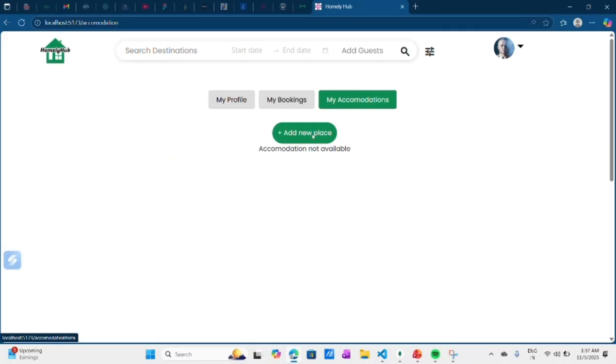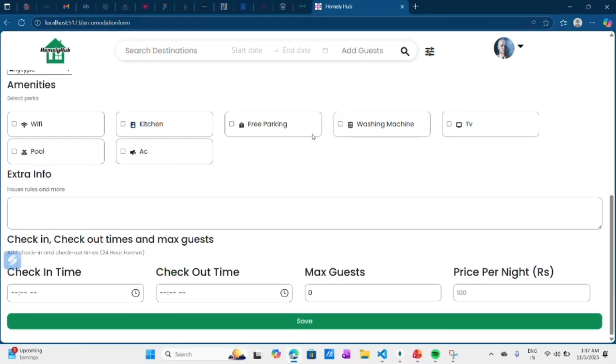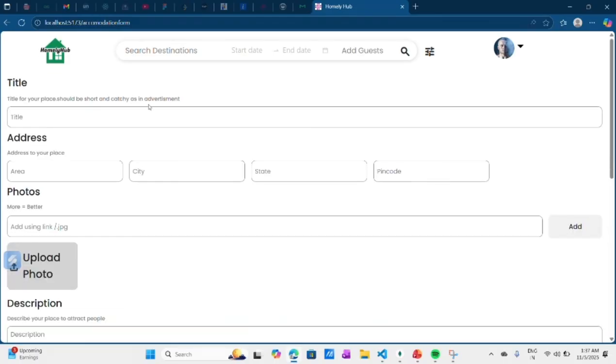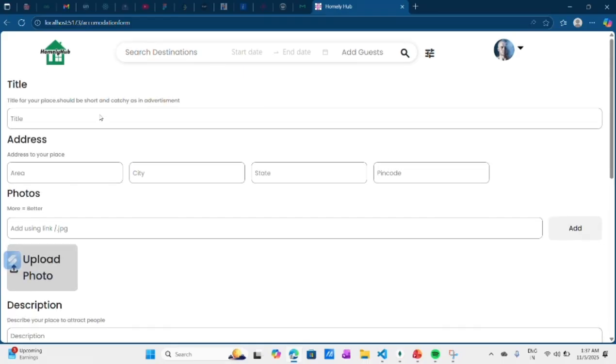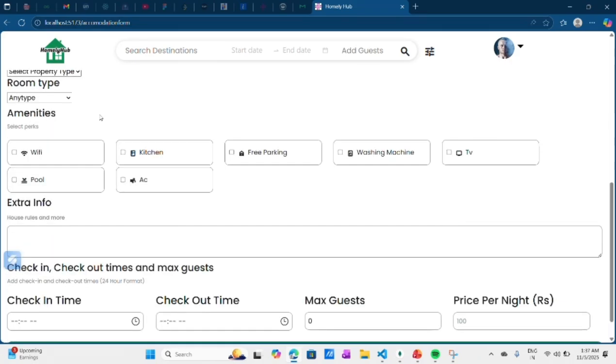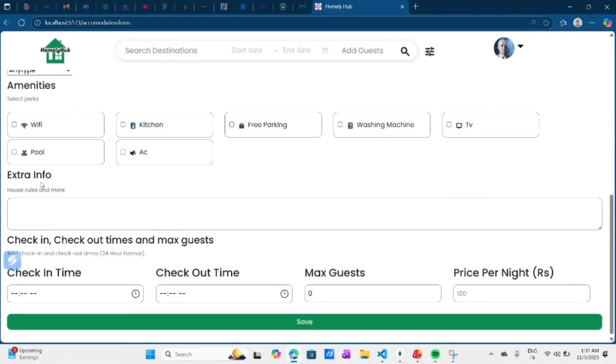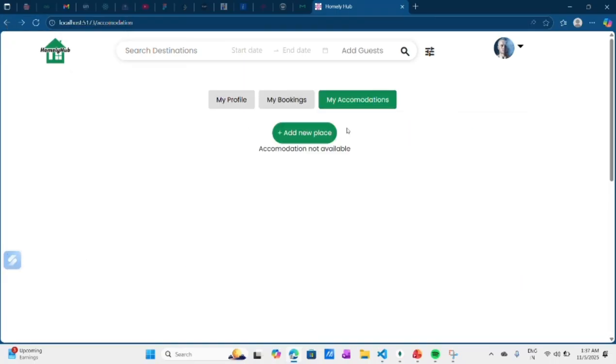On the add new place button, you can see a form in which you fill in details like title, address, photo, upload photos, description, property type, room type, amenities, extra info, check-in, check-out time, maximum guests, and price per night. If you click on save, you can add a new accommodation to this website.